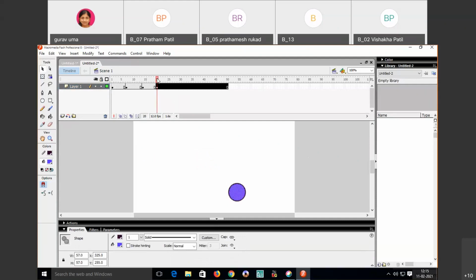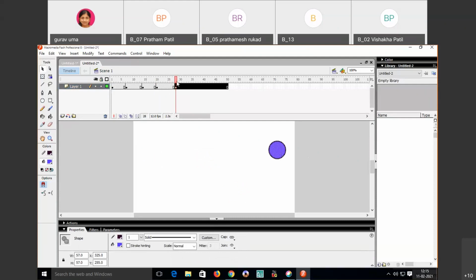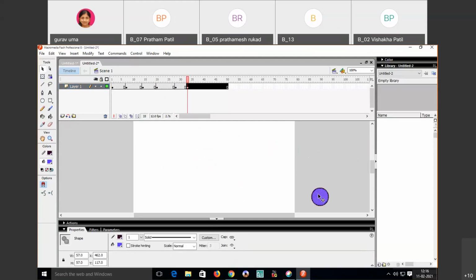Same again, set the counter, click on F6, then select this object, move this object. Again same procedure. Move the counter, click on F6, that means set a keyframe, select this object and move this object.